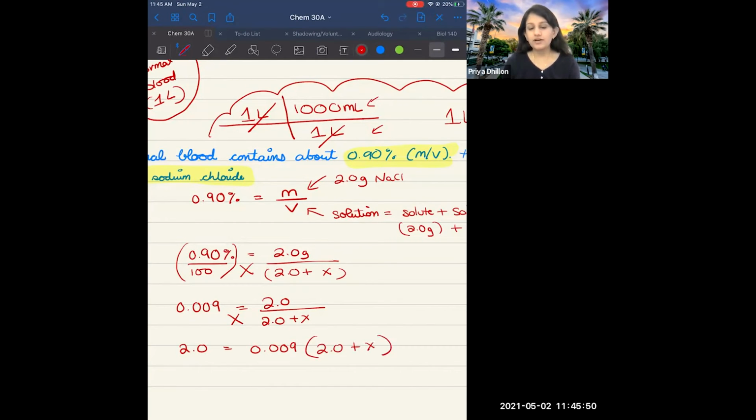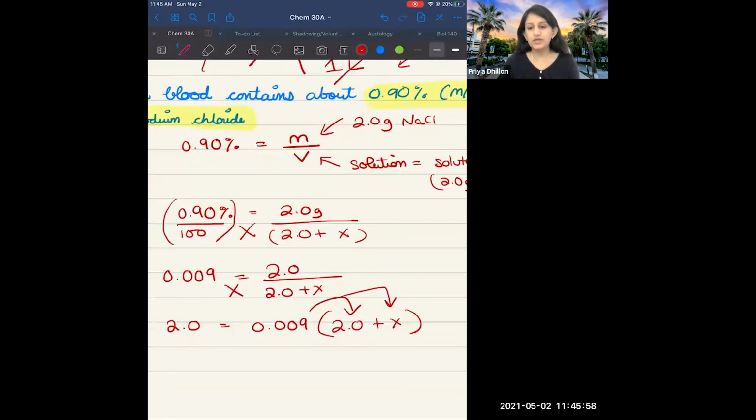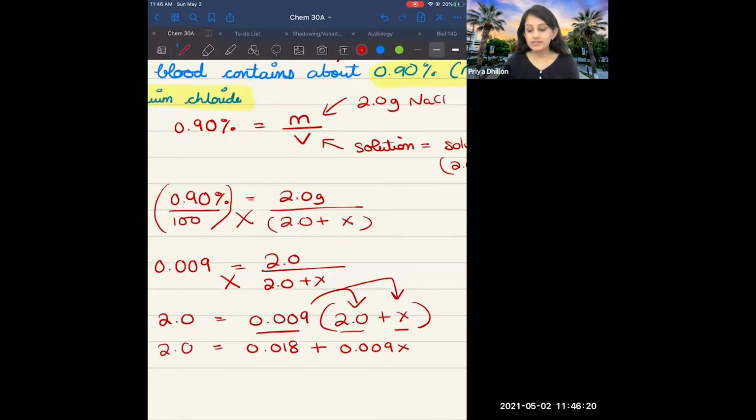And then now we have, if you guys remember from algebra, we do this distribution method, right? Whenever you do this, you basically multiply. So we'll copy this down. And if you multiply this by this, you get 0.018. And then when you multiply this with just the x, you just get the whole number and x. Now, in order to get the x by itself, first we have to subtract this number from both sides. And here you get